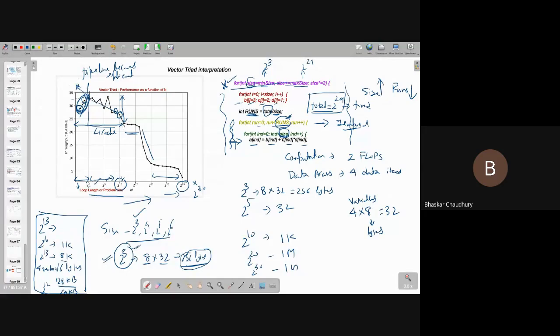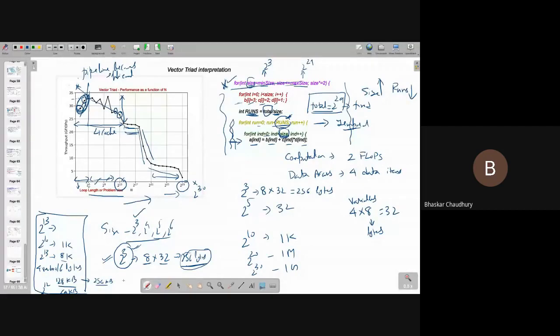Then probably you go to something like this point, which is 2 to the power 14. It looks like 2 to the power 14 will be 256 KB, and I think L2 in this particular architecture was 256 KB. So you got some throughput there, and then it was saturated. Then again after L2 gets saturated, you come to L3, and finally it comes to the memory. This part is clear to all of you, how to interpret? Yes, sir.